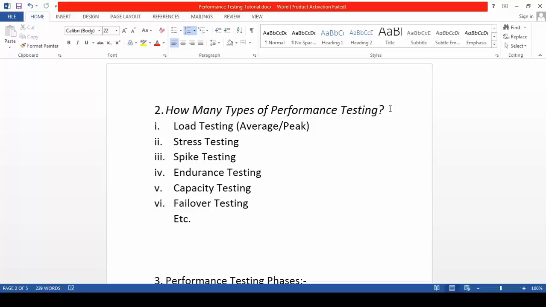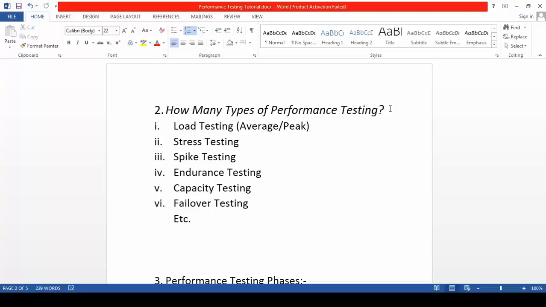Third one is spike testing. Spike testing is a bit different from regular testing. At a certain period of time, your number of users suddenly increases. Then after a few minutes, or a few seconds, or it may be a few hours, depending on the users' interest, your number of users comes down again, and you are seeing a certain spike in your number of users.